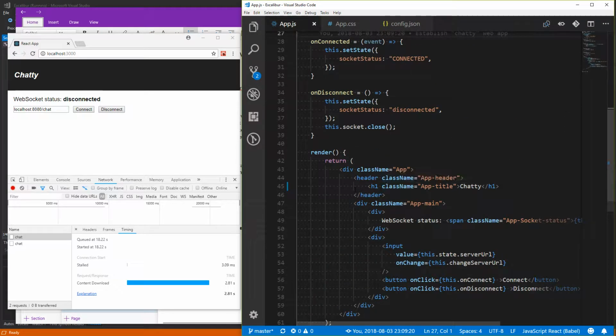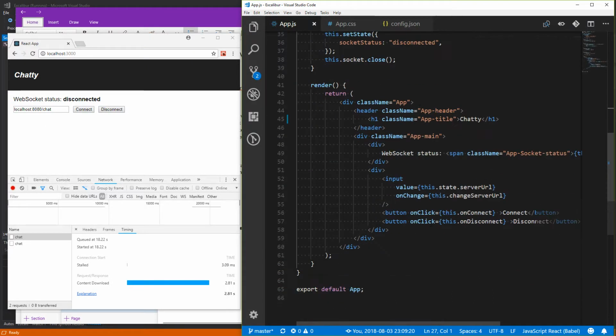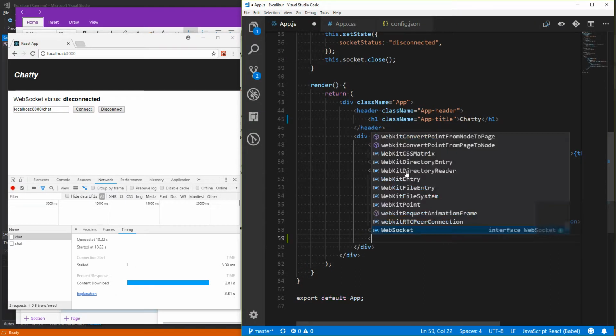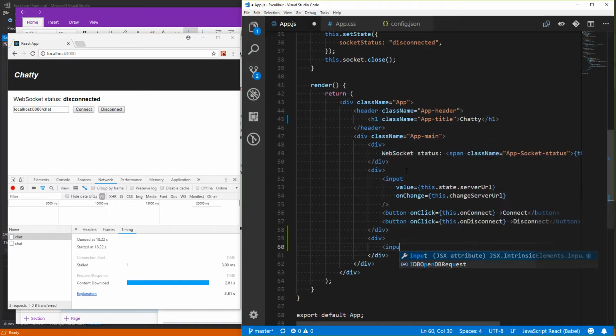Oh, the title's only for the header in there, isn't it? Okay, so that's good. Oh, but the header's that whole bar. Okay, later I kind of want to put the nickname up here, but later I'll figure out how to do that. I guess right now we'll just keep it simple and put it underneath where we have the connect and disconnect. So another div here, another input,